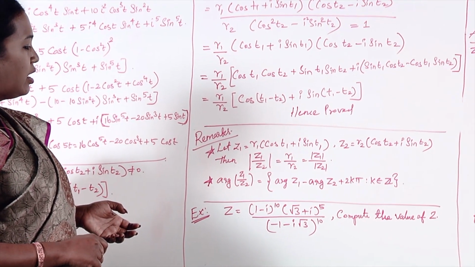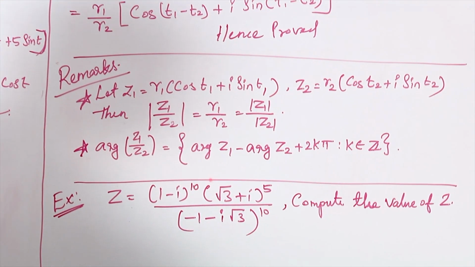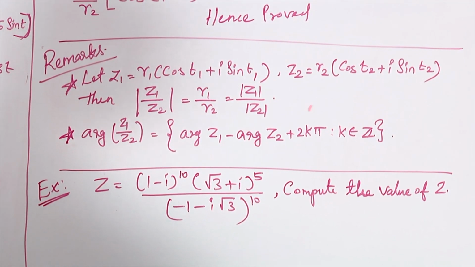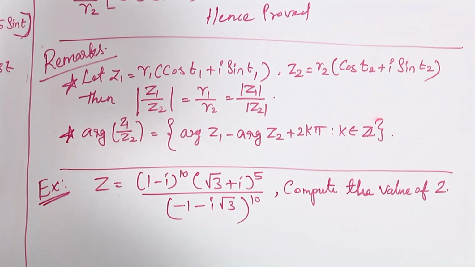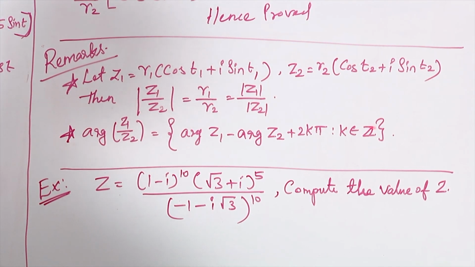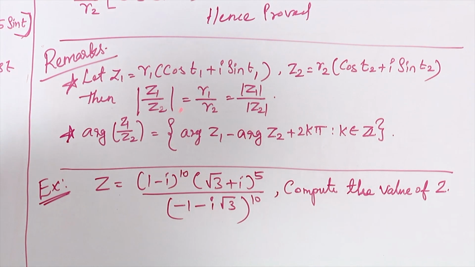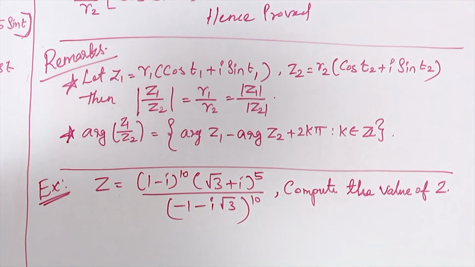And the argument of Z1 by Z2 is argument Z1 minus argument Z2 plus 2k pi, to allow for all those multiple valued functions. So 2k pi where k belongs to Z. This is something that you need to keep in mind, and next we shall see an example to compute